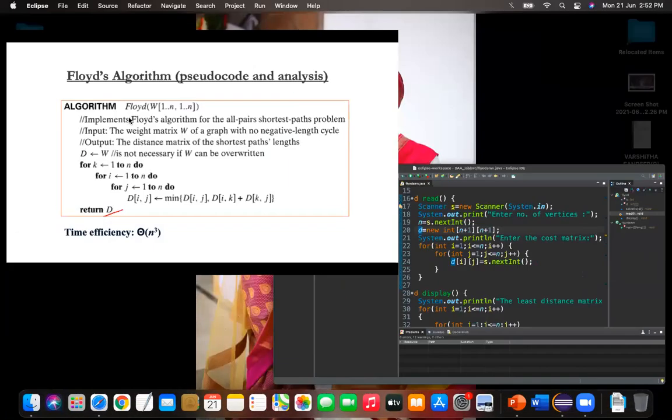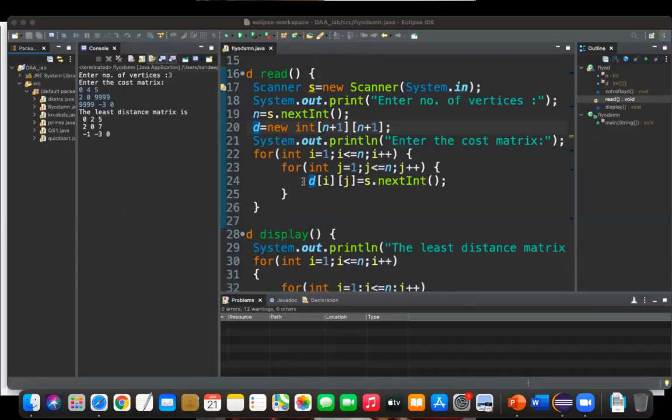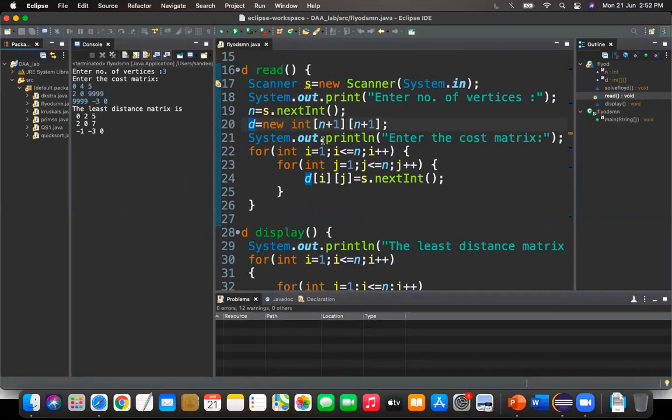Okay, so for this program, I gave this program as input to Eclipse, and see, this is the input. I have entered the cost matrix and we got the output least distance matrix. The number of vertices and the input, I provided the input and got the output in the form of a matrix itself, the least distance cost matrix. Whatever matrix we got there, when you solve it, the same thing you'll get as output here.